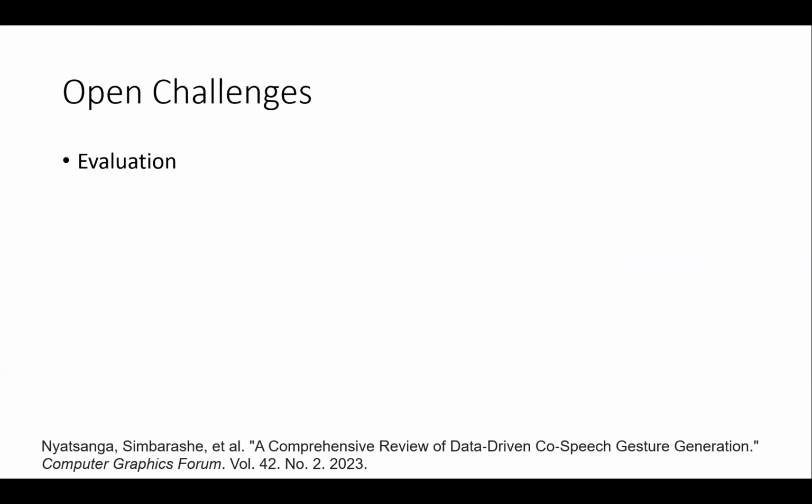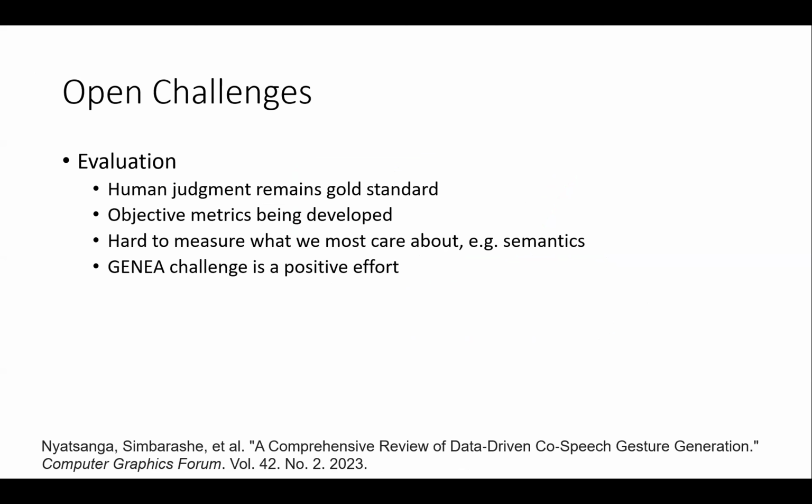Okay, so I want to close by talking a little bit about some of the challenges. One of the huge challenges is evaluation. There's a lot of interest in doing automated metrics, numeric metrics, and of course they have huge advantages. To date, they have not proved competitive against human judgment. So human judgment remains the gold standard for evaluating gesture work, but that's obviously slow. It's also very hard to measure what we really care about. We want to know, does the sequence have a particular semantic content or not, right? That's a difficult thing to measure.